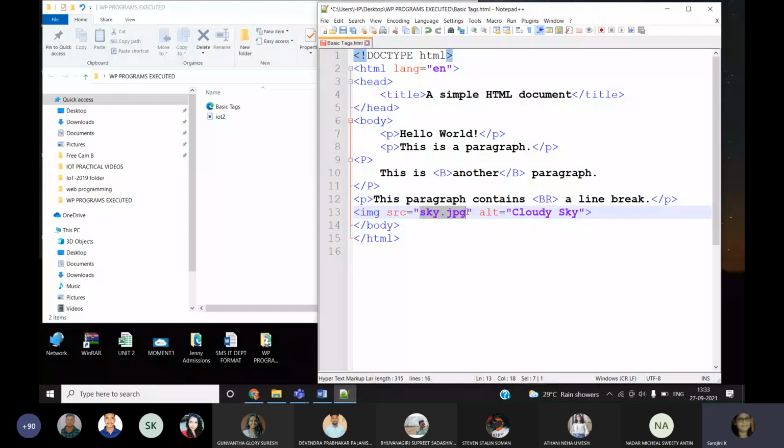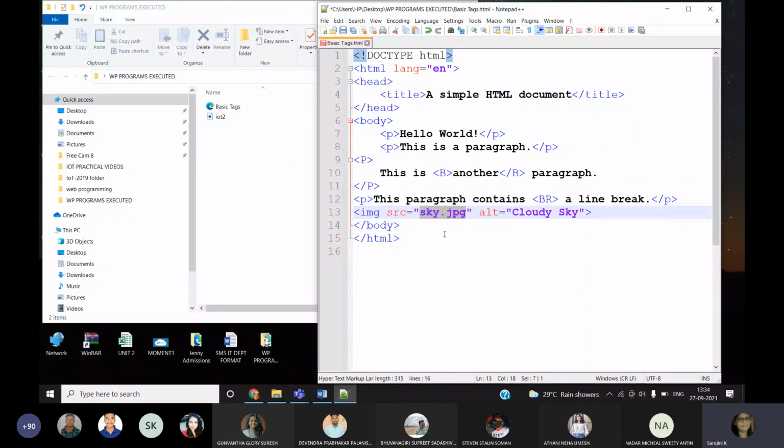Now, in the entire computer science, when you are giving the path, URL or address, you can write either an absolute path or a relative path. Absolute path of the file, relative path of the file.